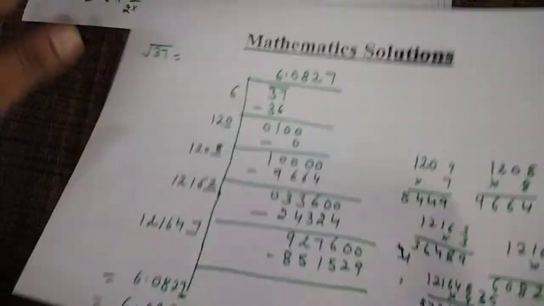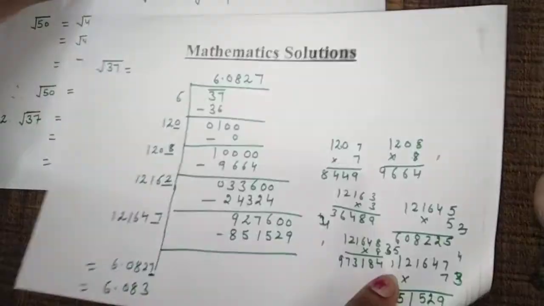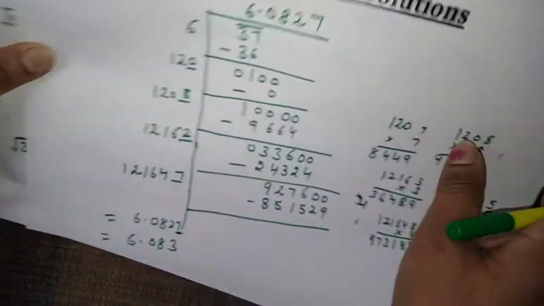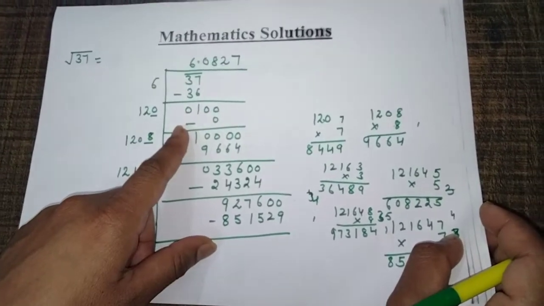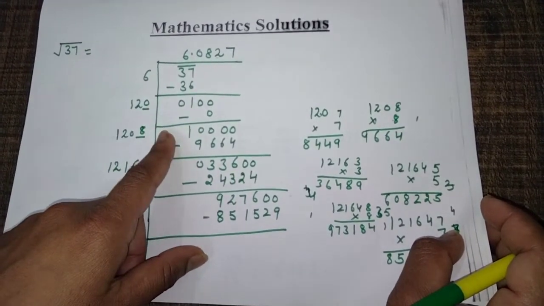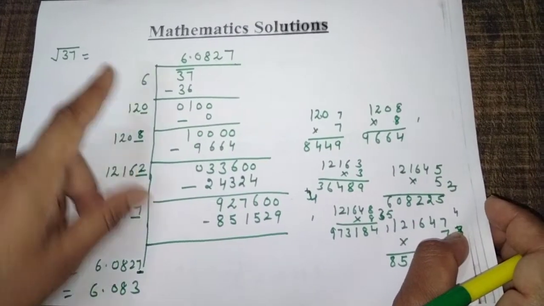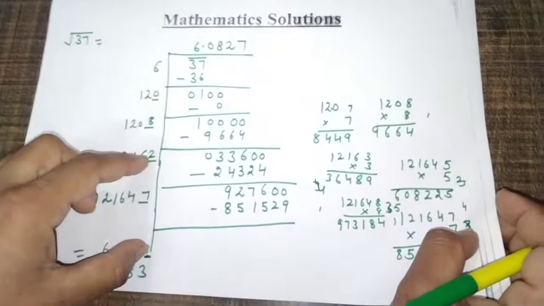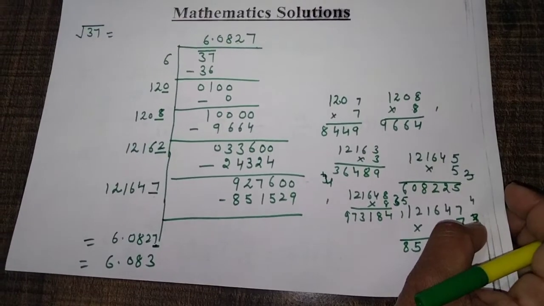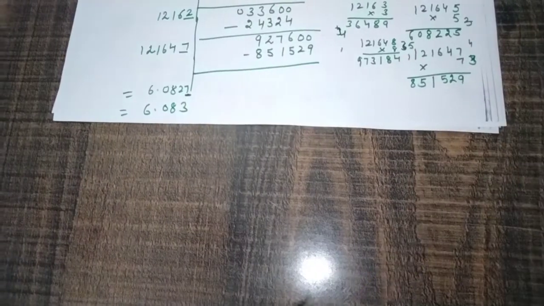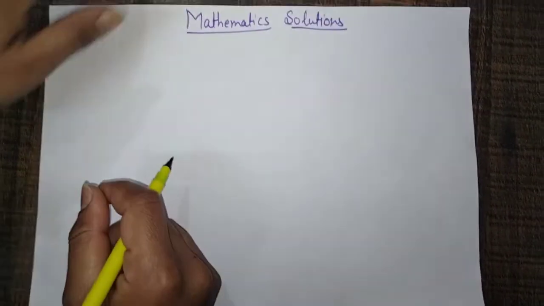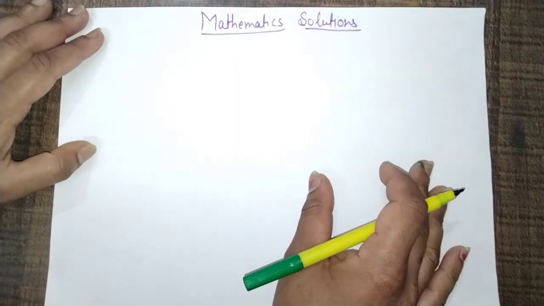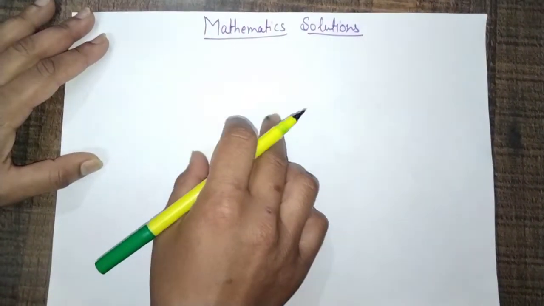However, in some cases with the short trick method we get approximate answers. So I recommend that you use this long division method if you want to get the accurate answer, as you get with the calculator when you divide or find the square root of any number. So if you want the correct answer, please apply the long division method. I am stressing again and again to use the long division method because in some cases we get the approximate answer. Now I will show you that example also.